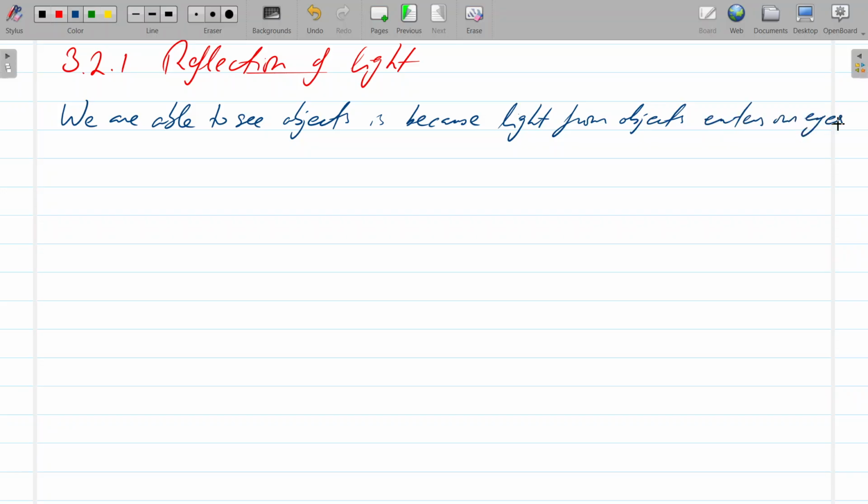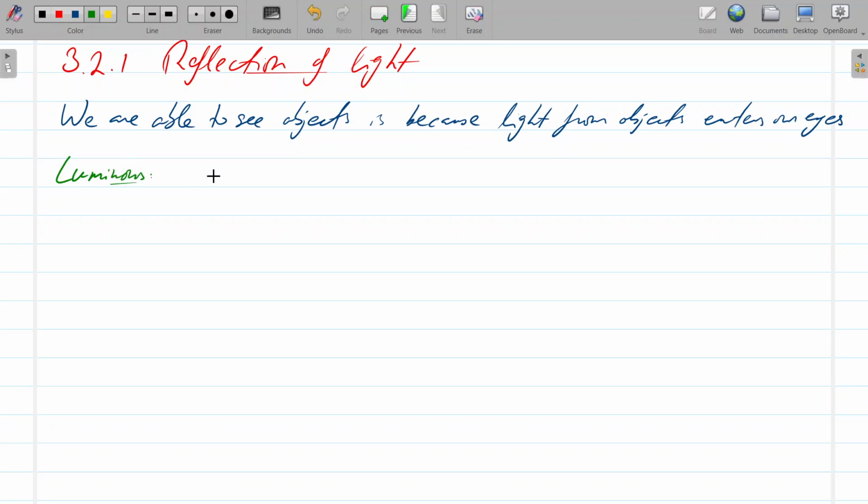And so it is that light entering our eyes which is detected, and so we can form an image of the object. Now the question is, not all objects are giving off light, so how does that work? And so that brings us to the difference between